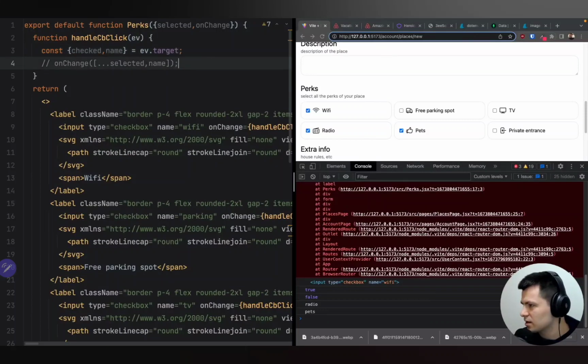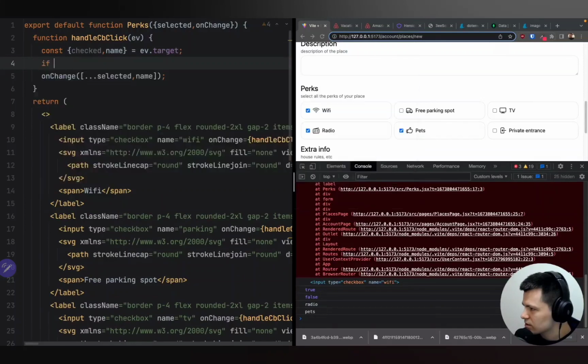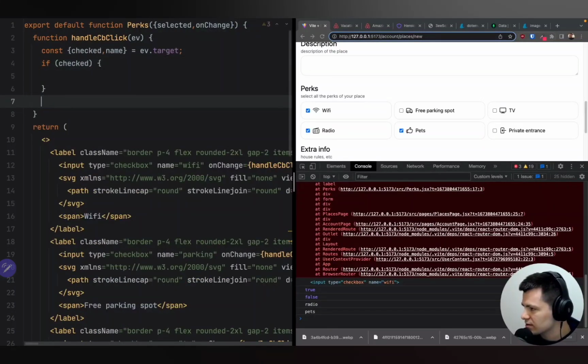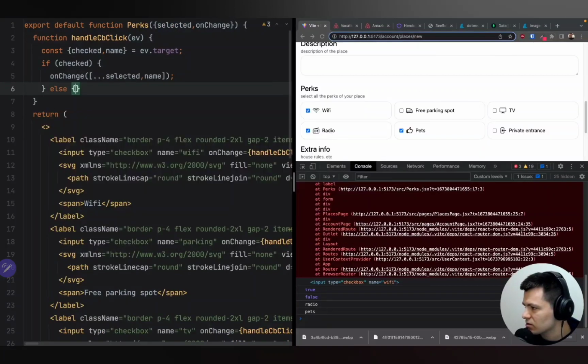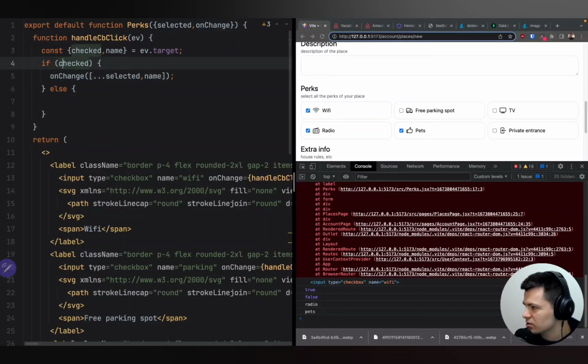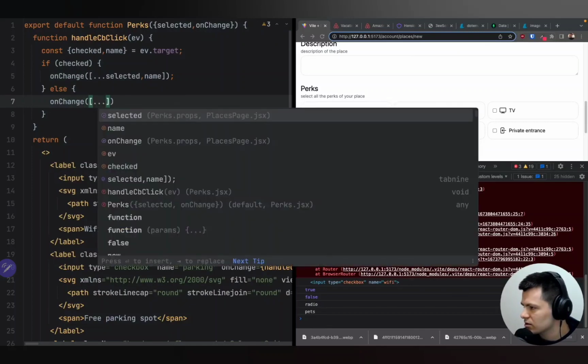All right. And now we can call this on change function with all the previously selected. But should we add it? Yes, let's see if it's checked. So if it's true, then we should add it like this. But if it's not checked, so checked is false, then we should remove this name from the selected. So let's do it like this, on change, and here new array,